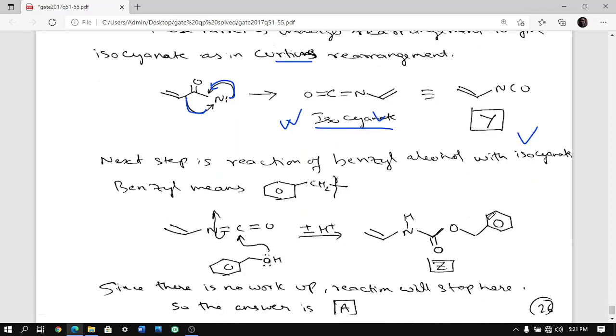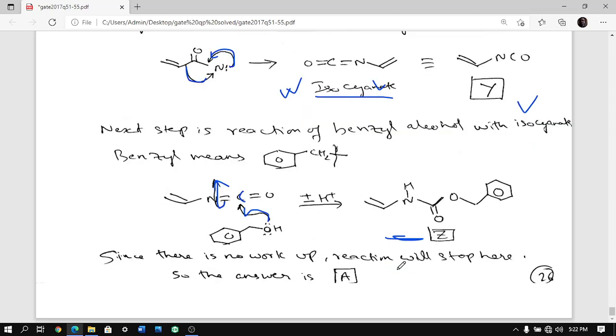And then what happens? You are reacting with benzyl alcohol. So benzyl, as I said, is benzene CH2, that is the benzyl part, then OH. So the alcohol goes and attacks the carbon here. This is very simple because the carbon is attached to oxygen also, nitrogen also, so a lot of positive charge, positive polarity. So oxygen goes and attacks here, and then nitrogen will go and take the proton, not oxygen. Okay, nitrogen is more basic, so it goes and takes away this proton and you are getting this molecule. So this is the product, answer is A.